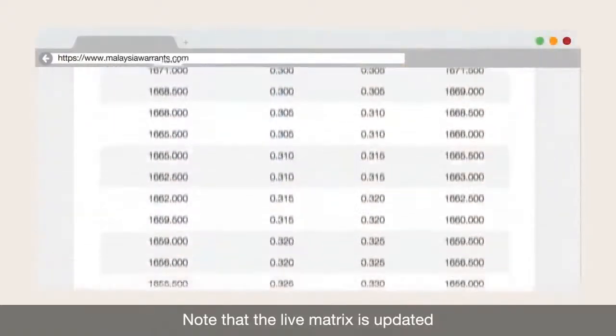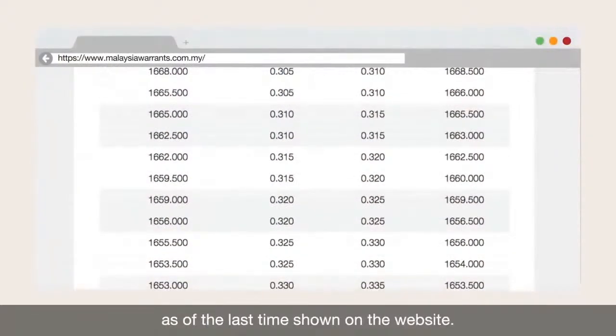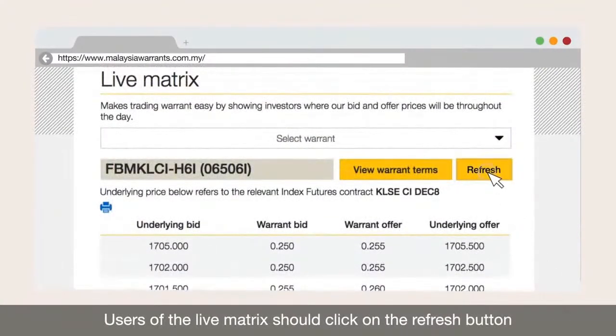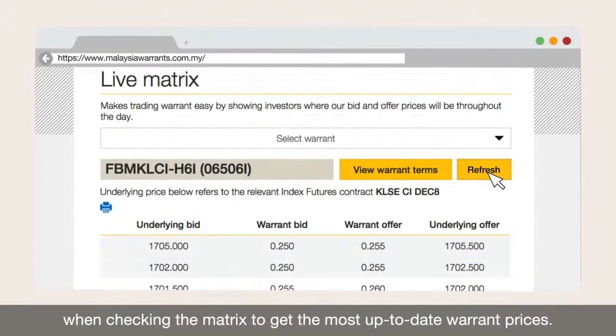Note that the Live Matrix is updated as of the last time shown on the website. Users of the Live Matrix should click on the refresh button when checking the matrix to get the most up-to-date